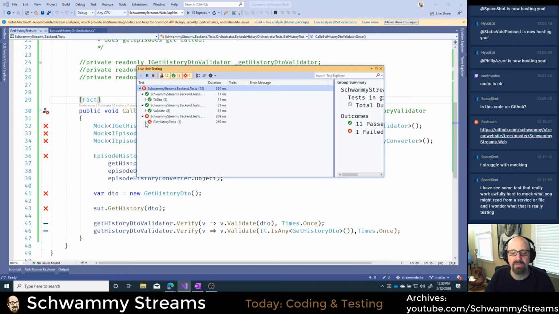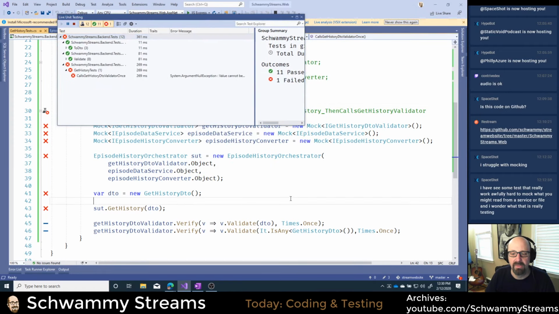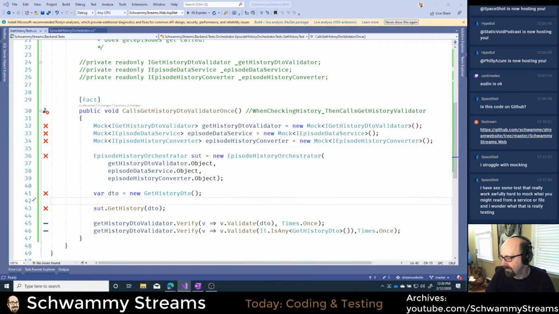So the test failed, which is fine. And we have a null exception. Value cannot be null. Now, I don't know the source of this, so I'm going to come back to this in a minute. I'm going to move this off screen. The point is my test ran, my test failed, and it's failing before it does the verify. That's probably because there's something else in this class, and this is where things get a little tricky.